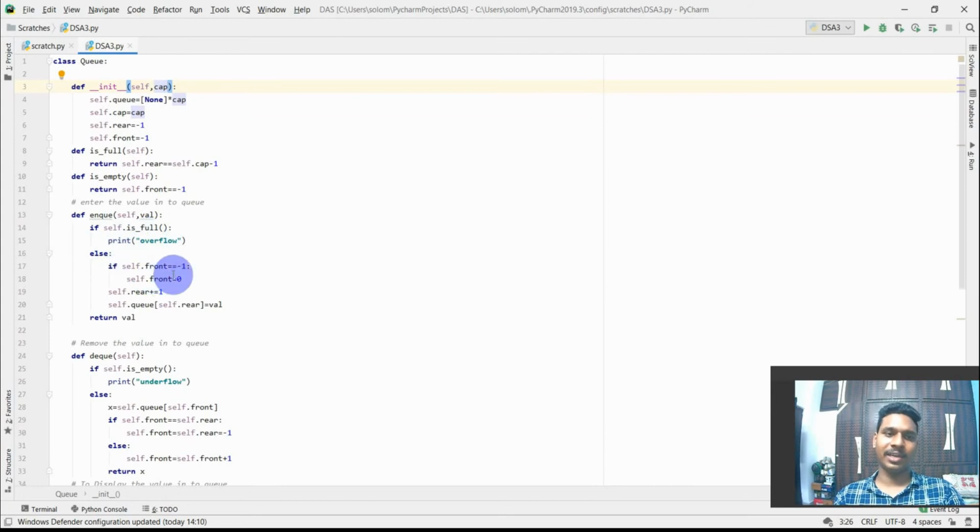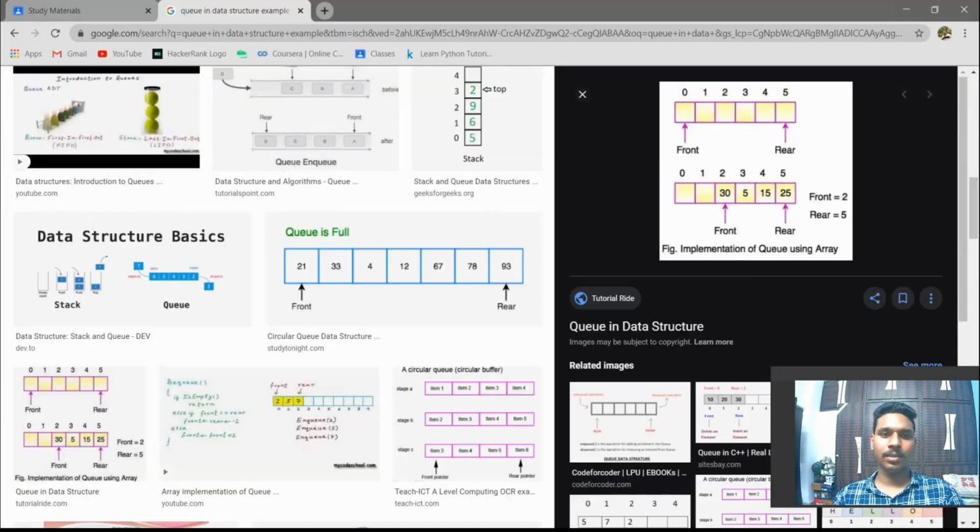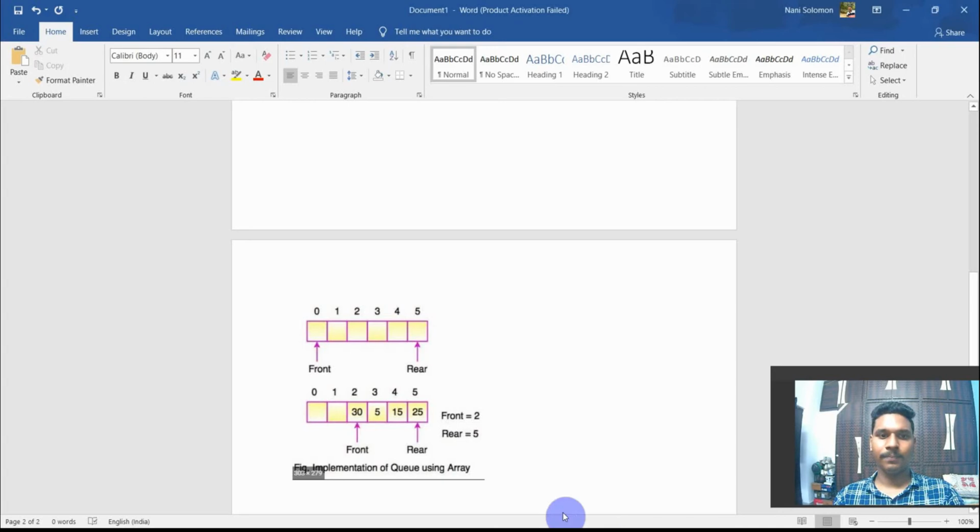If self.front == -1, we are using this to set the position of an element entered by the user. So self.front is equal to 0. So self.rear plus 1. The position of the rear will be incremented when we enqueue, as I said.